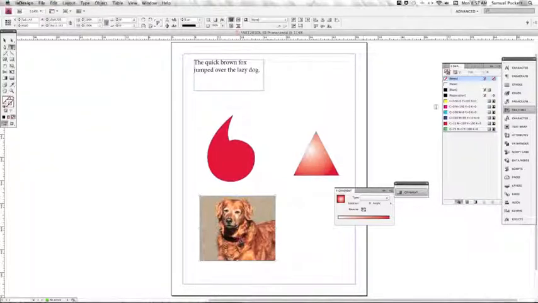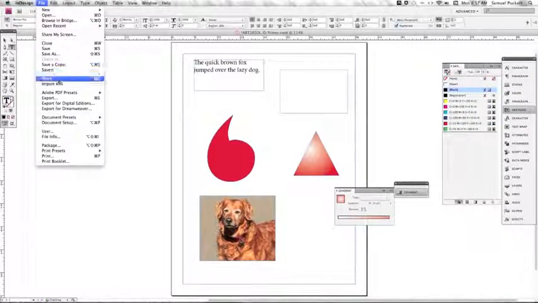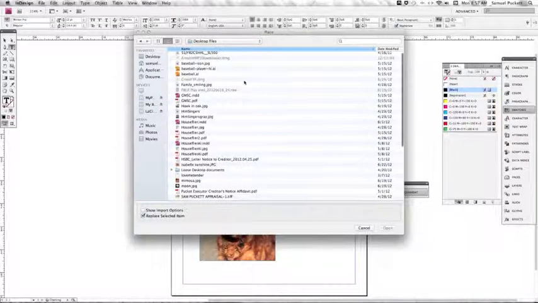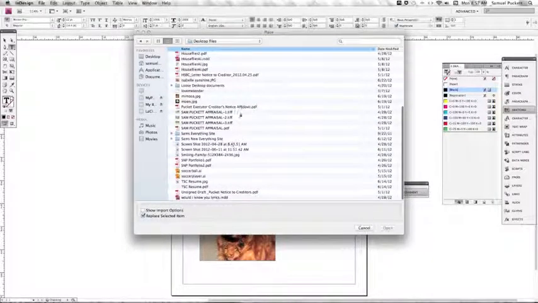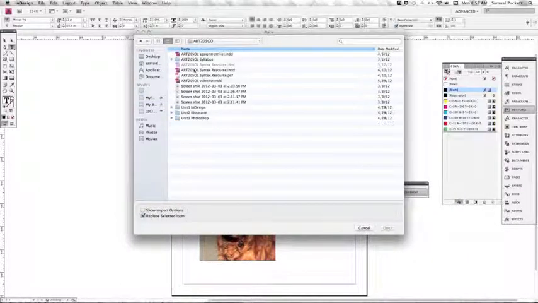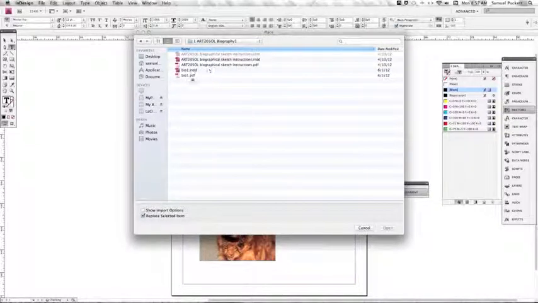So let's draw a text box, and we'll go to File, Place, and you may do a text only, or you may also do a Word doc. Let's see if I can't find one. Actually, let's just go to Biography, and